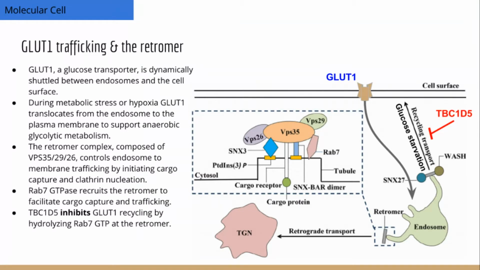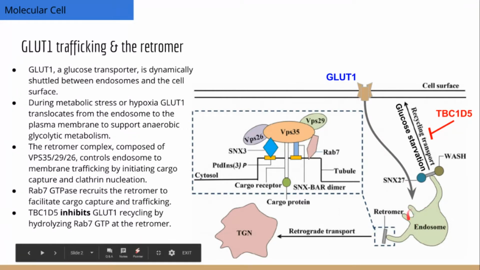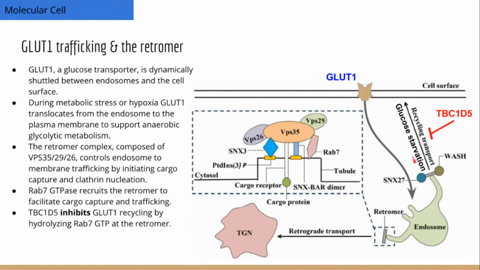Remember, it doesn't require oxygen, and it allows a cell to survive hypoxic conditions. So when a cell doesn't need glucose, it moves the GLUT1 receptors into the internal endosomes. And during glucose starvation, which is right here, we see the recycling transport of these GLUT1 glucose transporters back to